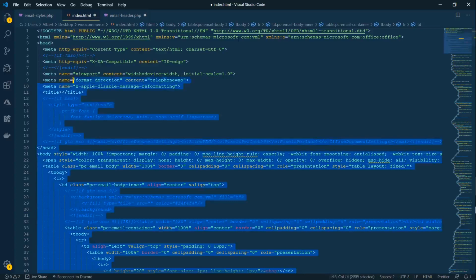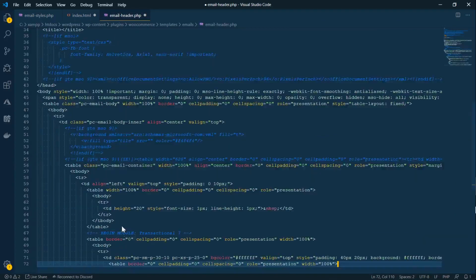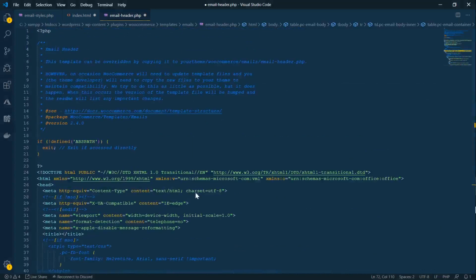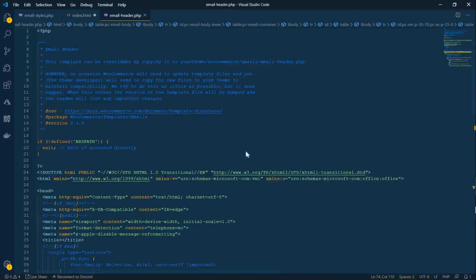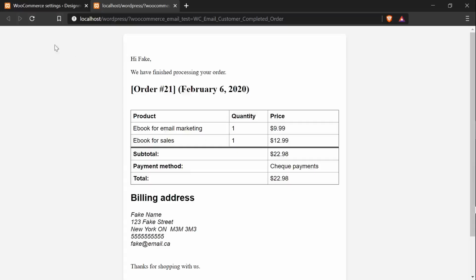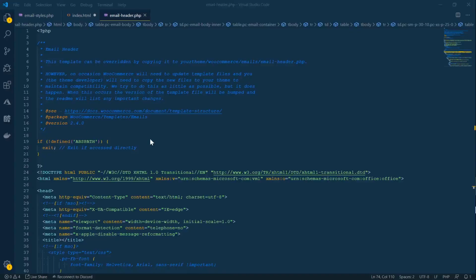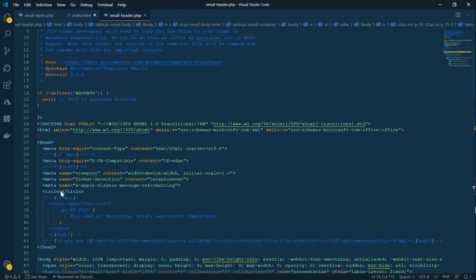So let's copy everything up until here, which is right after this comment, begin module, the second table. So just copy everything and paste it in the email-header.php file, save it, and now this part is good. So I've refreshed my preview and it's kind of starting to take shape, but you may have noticed that the title is missing now. This is because in the email header, there was some PHP code for the title tag